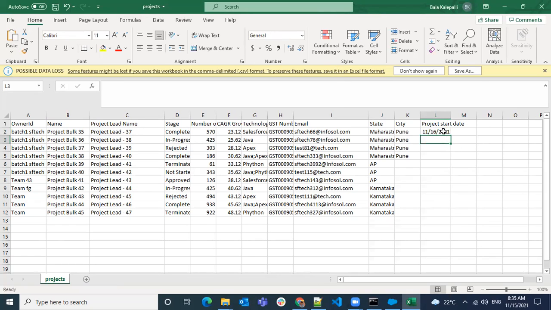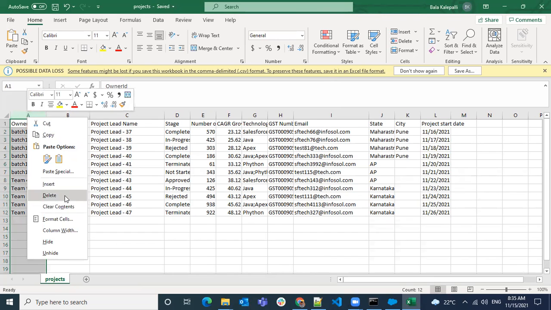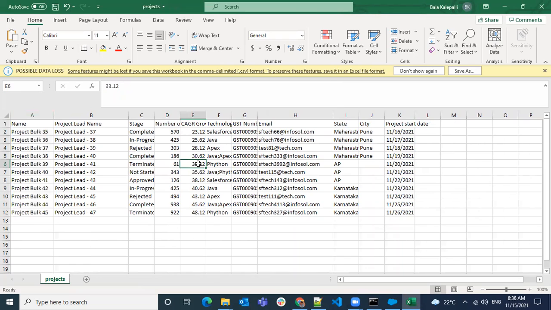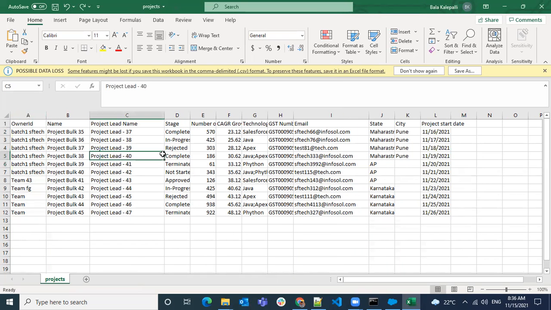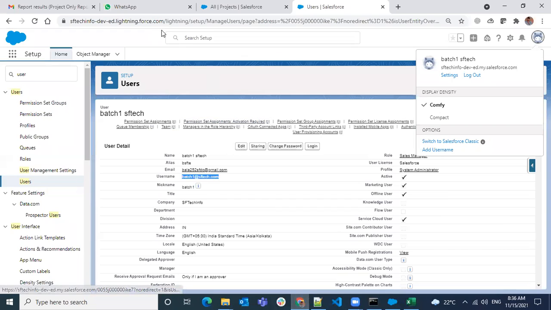This is going to be the date format. I'm just giving some start dates over here and do a save. Now I want to change the Owner ID to a proper Owner ID.